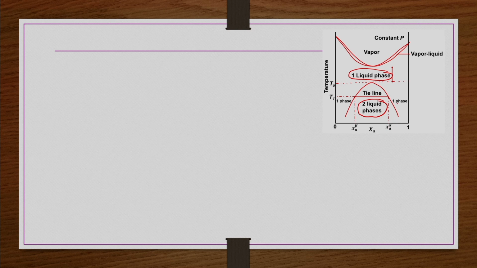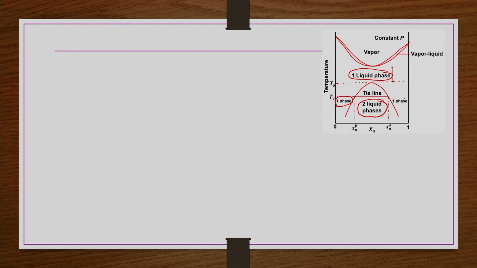So this XA, the larger mole fraction side, outside this envelope you can have one liquid phase, and that liquid phase is rich in component A. We usually call it the alpha phase. And on the lower mole fraction side, having a smaller XA, outside this envelope where a single liquid phase is there, that is usually referred to as the beta liquid phase.